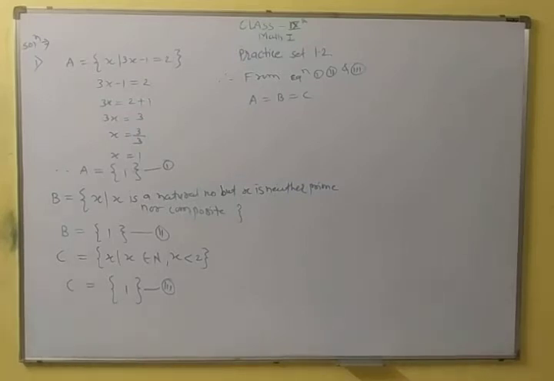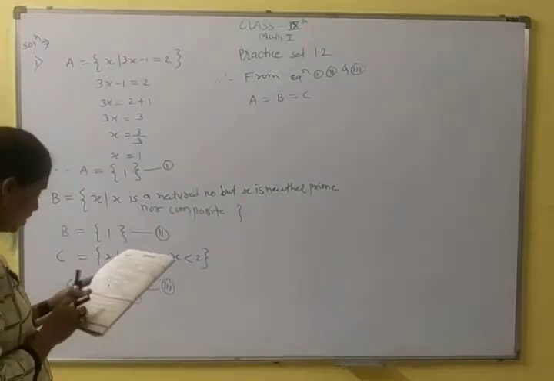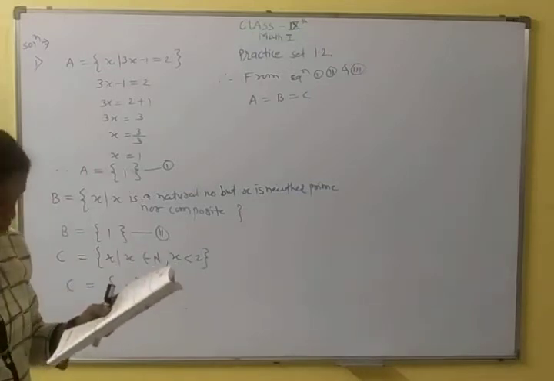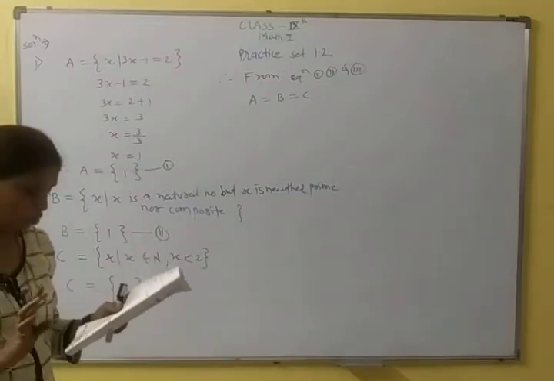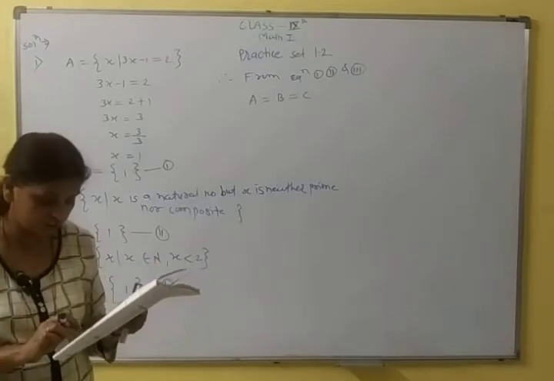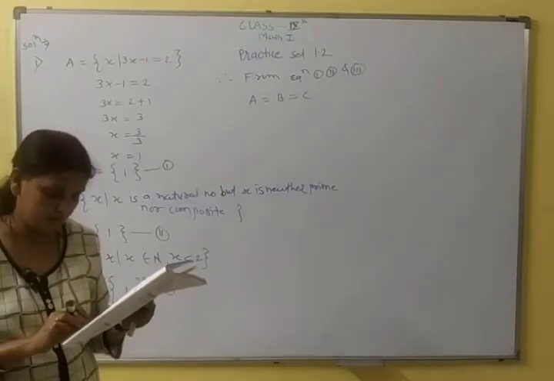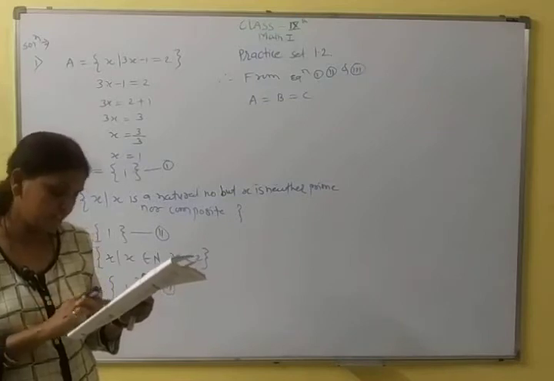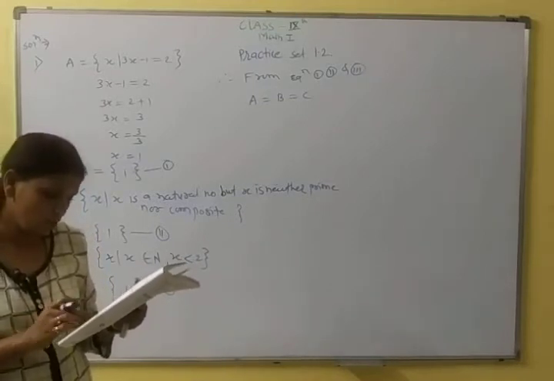You can solve question number 2. Decide whether set A and B are equal sets. Give reason for your answer. A is equal to even prime numbers. Okay, so the even prime number is 2. So in this set, A equal to 2. B equal to 7x minus 1 equal to 13. So first we have to solve this, 7x minus 1 equal to 13. Okay, and then check if set A and B are equal or not.